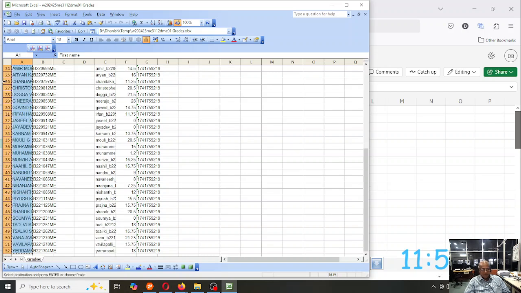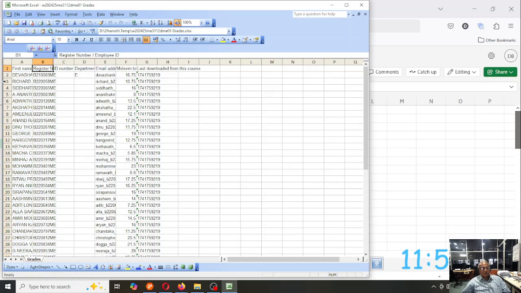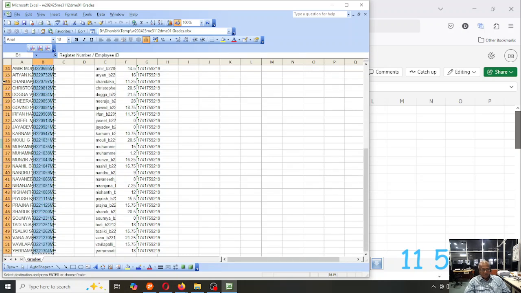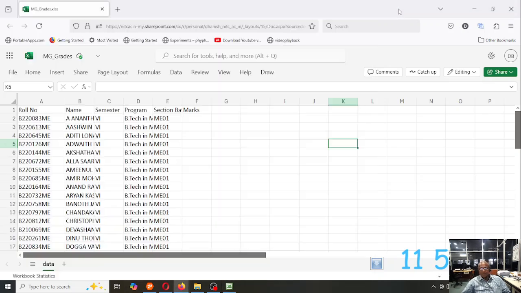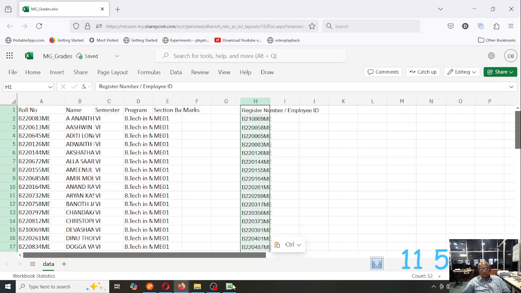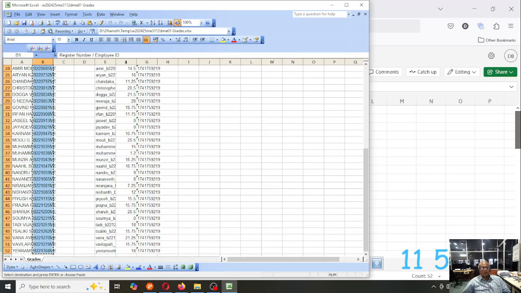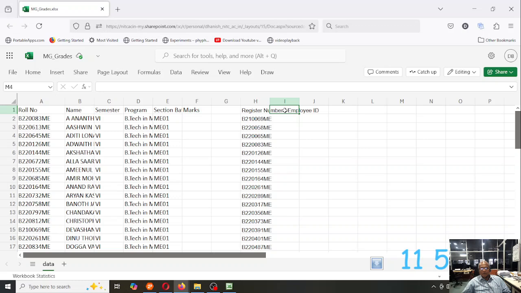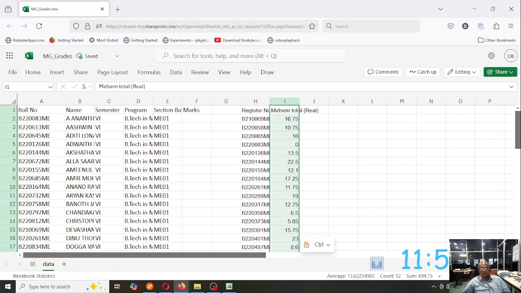So I copy this roll number data into this column, then the marks data into the next column. Okay, so